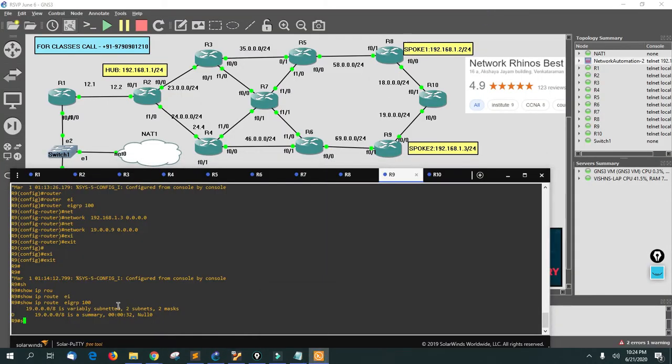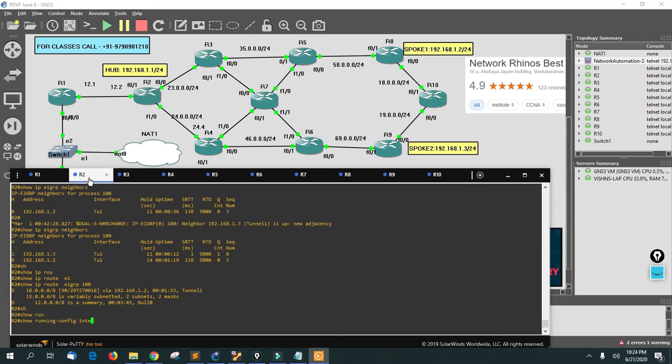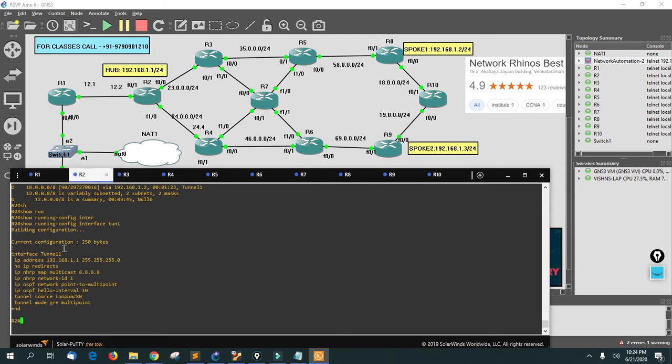Let me show you. That's R2. Show run interface tunnel 1. I have informed this one. You have to accept the multicast IP from 8.8.8.8 in the NHRP protocol. Similarly, you have to allow 9.9.9.9.